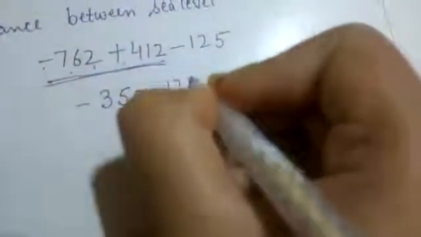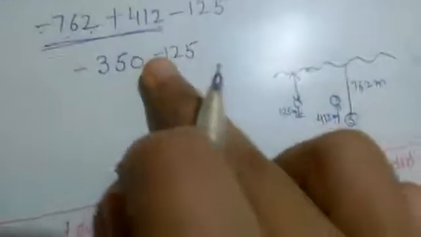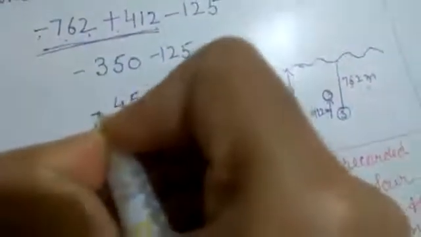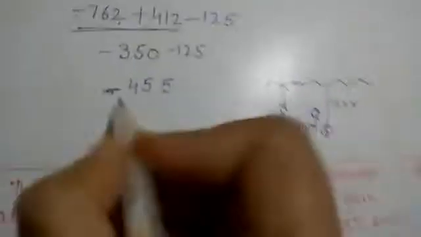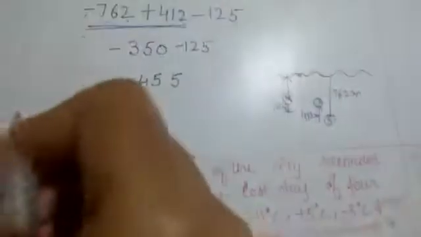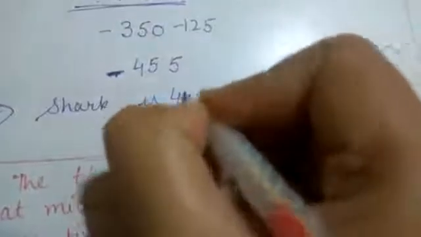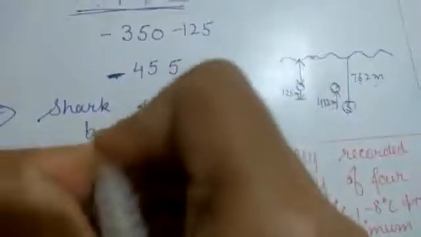And next statement write it as it is. Now both are with negative sign, both signs are same, that means we have to add. So that means this is our answer. Get it? So that means here this negative sign indicates that the shark is downside the sea level, means shark is under the water, shark is not at the upper side of the sea level. This negative sign indicates this much. So at the end we will write a line, shark is 455 meter below the sea level.